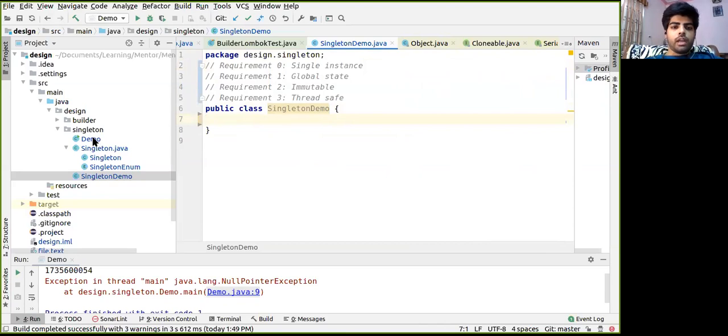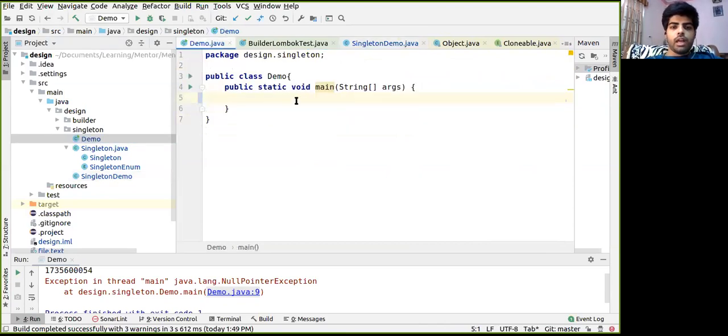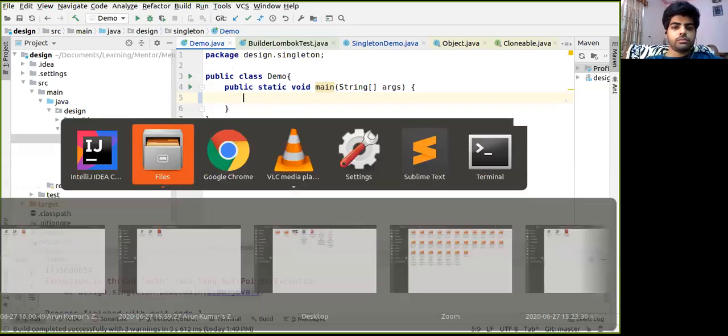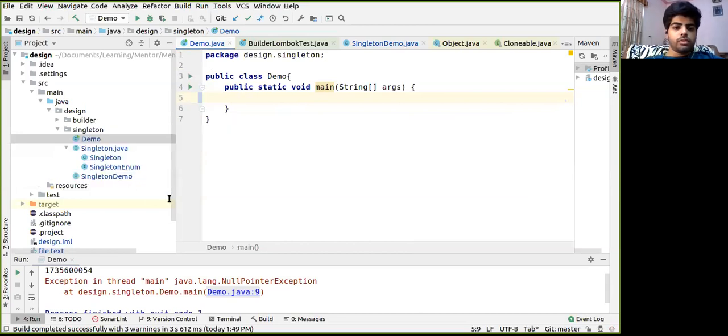So let's try with that. We have this demo class where in the main method we will try to create the object of the singleton demo class. So let's instantiate it.